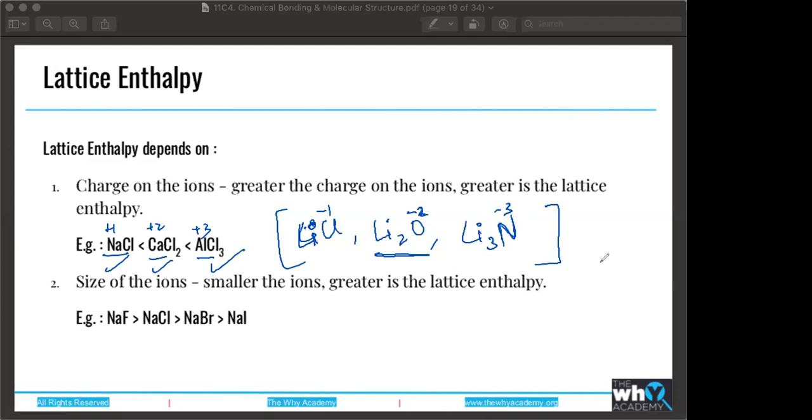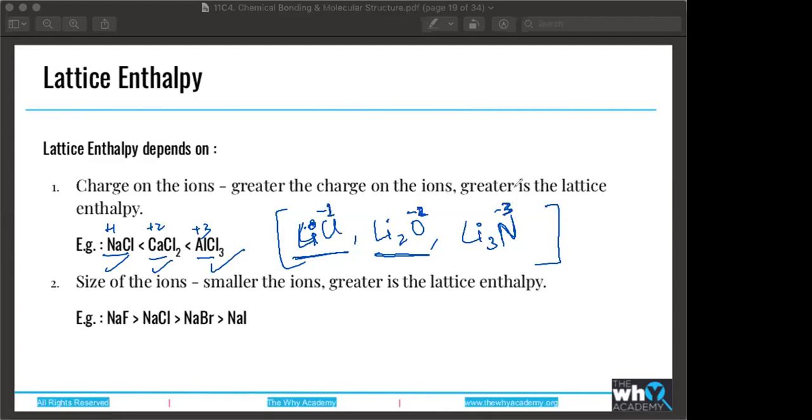What about others? Ansh, what do you think? I think it's LiCl. Sid says LiCl. Okay, what is your logic, Sid? The other two are negative. I mean, they're -2 or -3, and that has -1. Should I look at the sign over here, or do I not look at it?